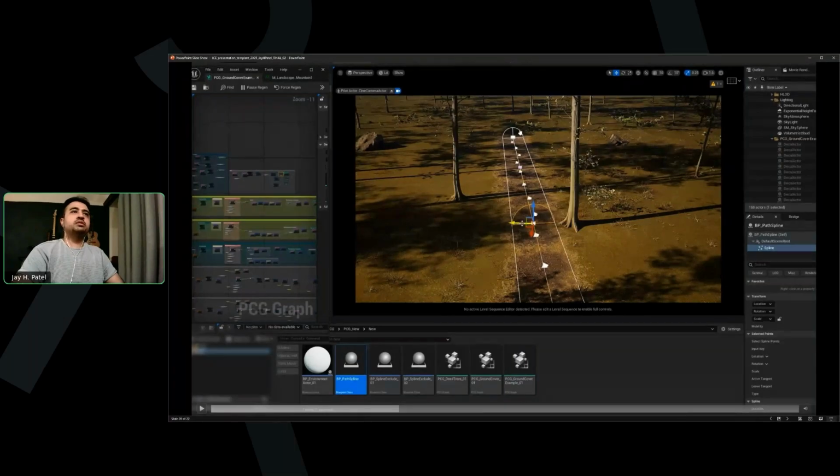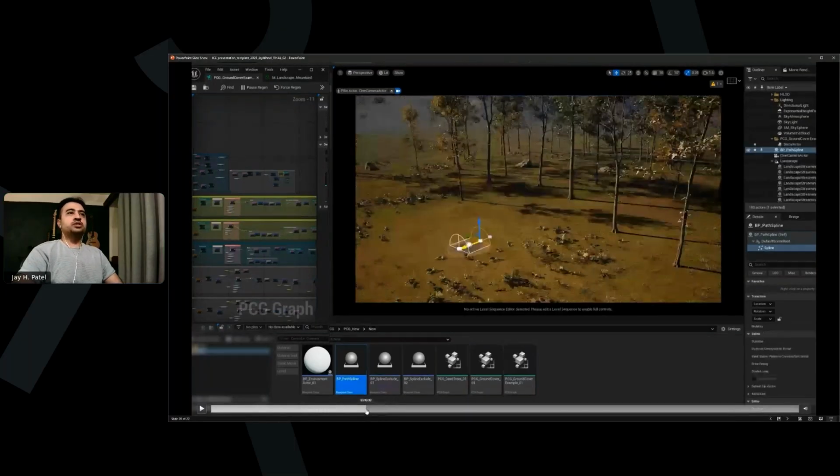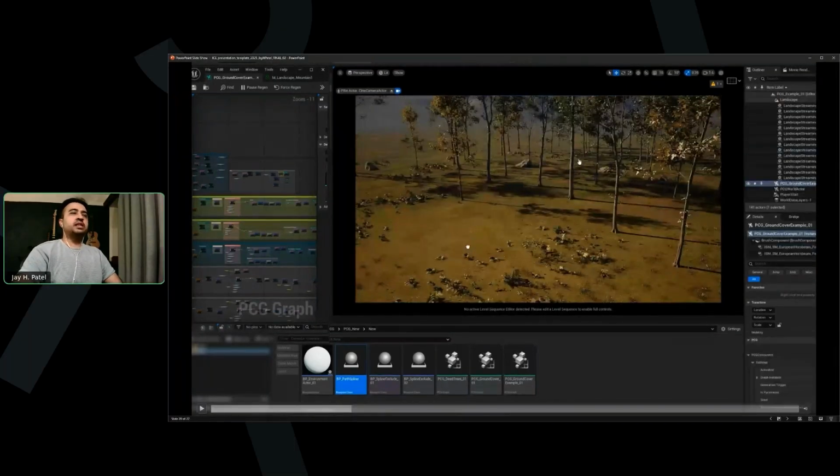So picture this is your main environment, and you have the car driving across a forest path or an arid desert. So if you feel like you'd need to change these assets, you can easily expose the meshes on the PCG graph and swap them out in real time.